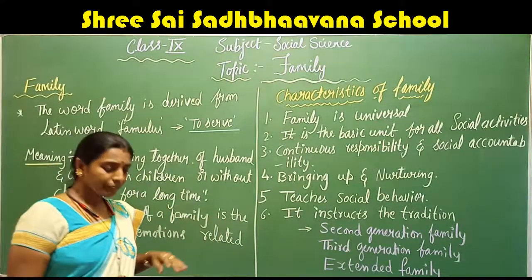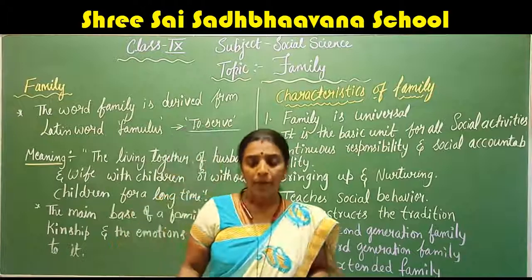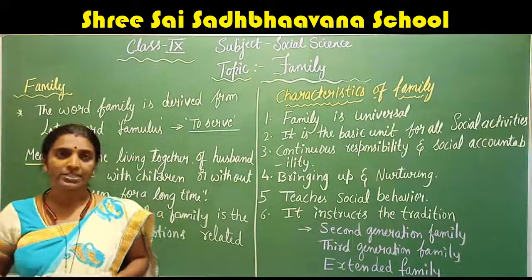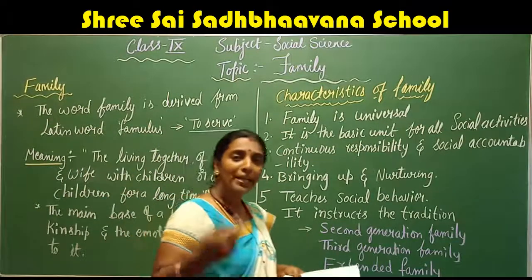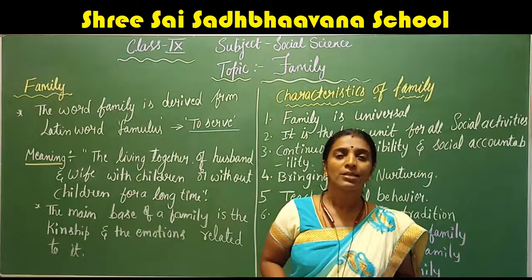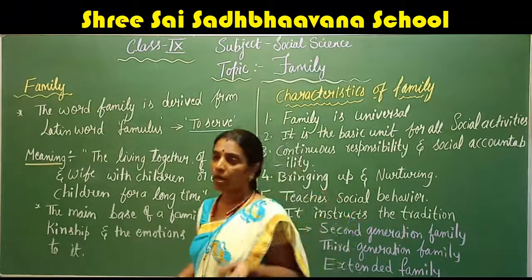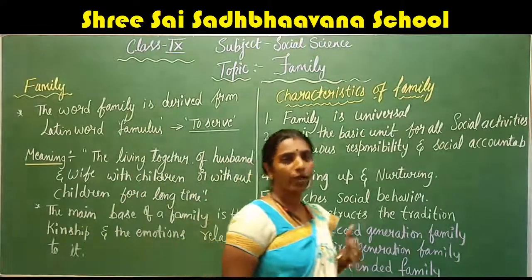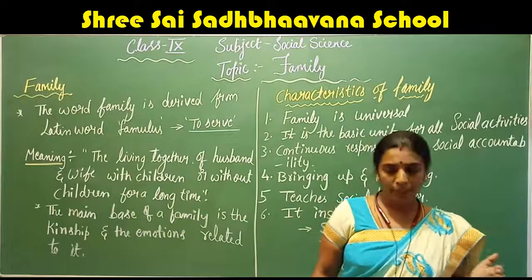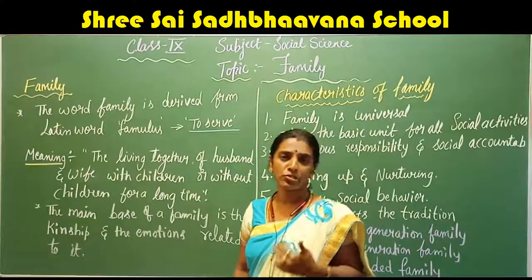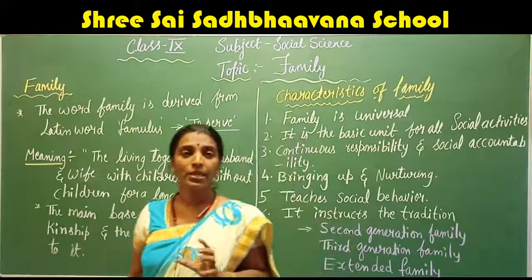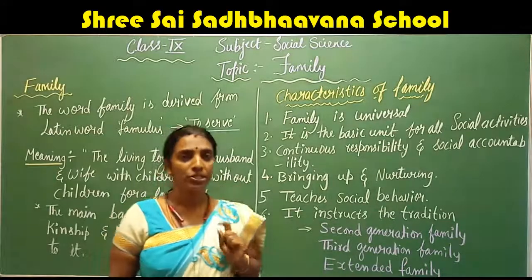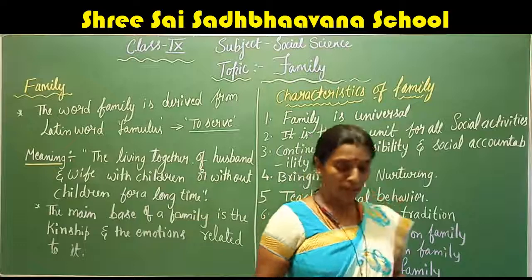Children, when you come to the introduction part, man has formed many social institutions to fulfill his basic needs, such as family, school, or a political institution. As a human, we will be involving in many of the institutions in the society. In this society, family may be the smallest institution, but it is an important institution. Why? I'm going to explain now.